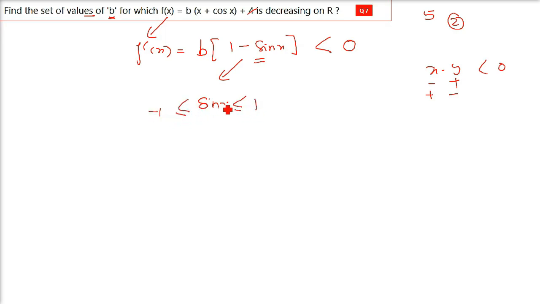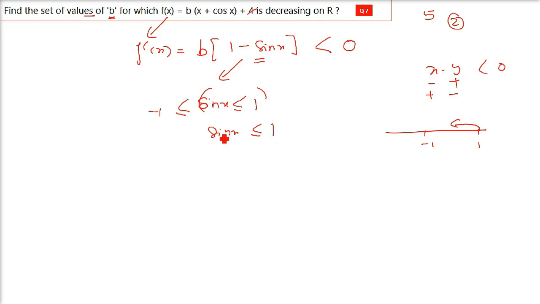Sin x will always be between -1 and 1. We already know this. Now I'm taking the right part here. Sin x should be less than or equal to 1, that is, this is -1 and this is +1, so it has to be between -1 and 1. Alright. So sin x is less than or equal to 1, but we need minus sin x because we need 1